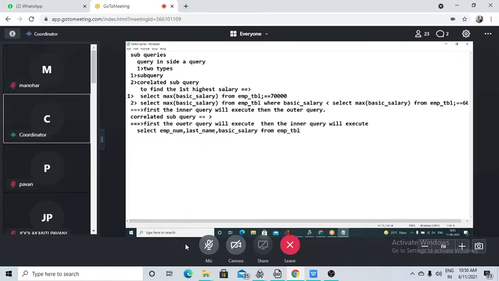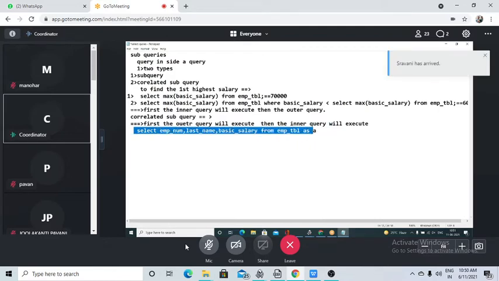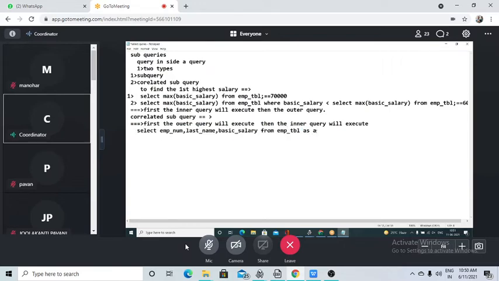You will give an alias name as A. So what will become A? This statement will become A. If you say A as A, this statement will be called internally as A. Okay, as A, where,